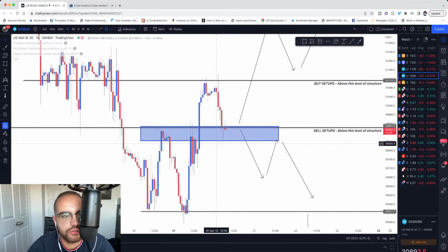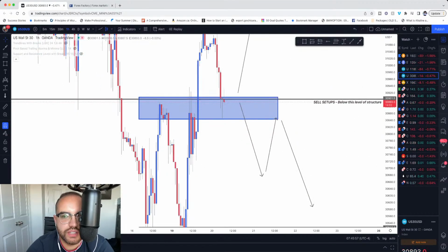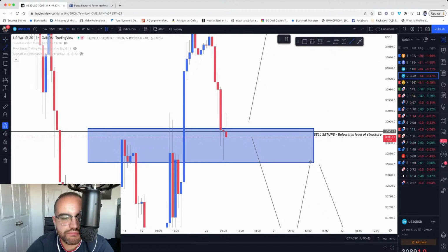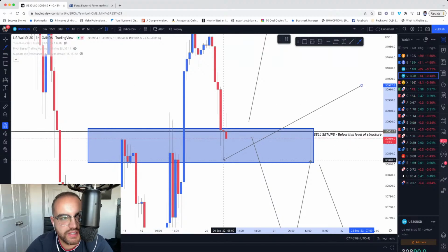Look at this bearish candle right now on the 1 hour. To me, this is a huge bearish candle right now forming on the 1 hour time frame, right? So this is super bearish to me, right? And we just happen to be at this key level structure. So if this candle closes bearish below this level here, below this wick level, I'm looking for heavy sells for